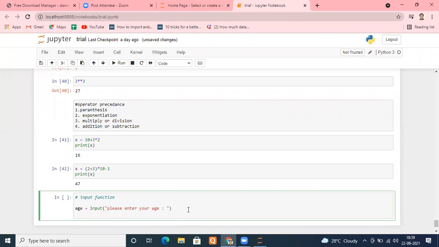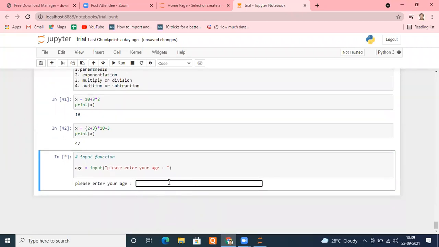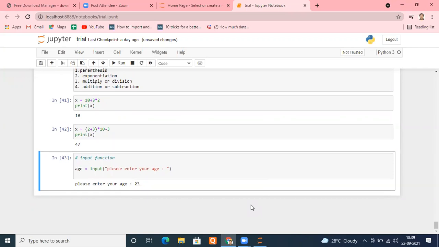Even if I enter a numeric digit, for example, let's see, it's asking me the age. Let me run it. Immediately a cell pops up. Can you see? It is asking, please enter your age. Let me put a numeric number here. Let's say my age is 23, although it is not 23, I'm typing it here. Okay, I typed 23, right? Let me press enter. Done.